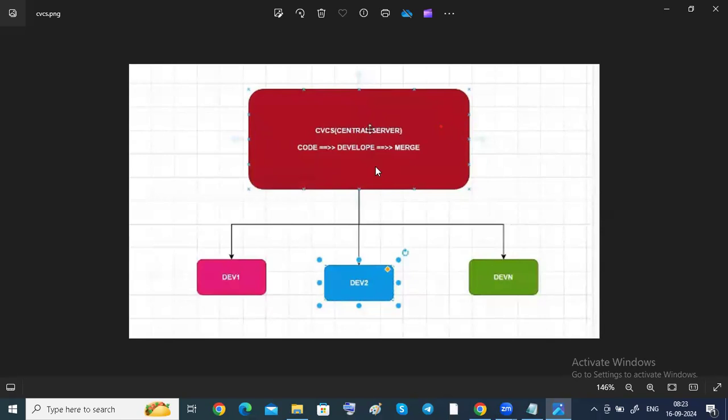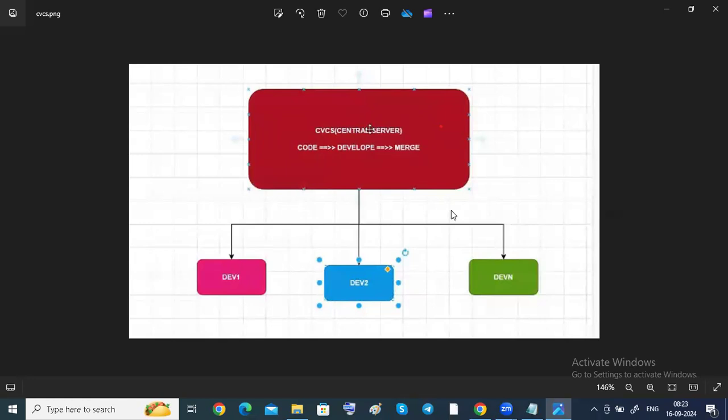They will lose their data if there are hanging issues, display issues or corruption issues. Or if there is a hanging issue, developers will be idle, that means developers do not have any work to do because it is a central repository. That is a single point of failure, guys. That's what we are going to avoid in future.